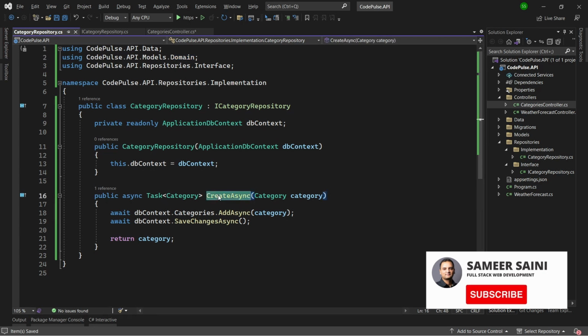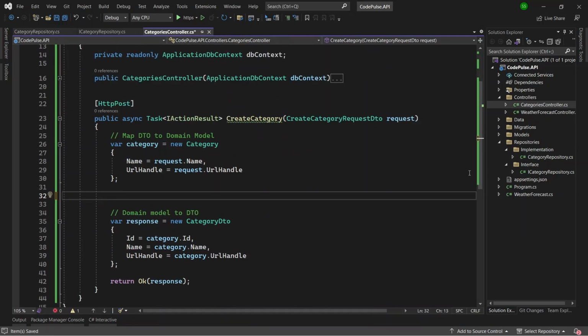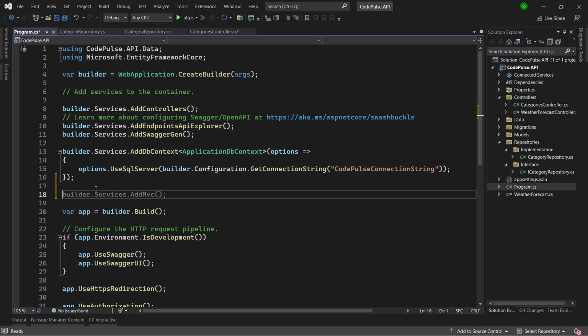So I have this method now. To be able to use this repository, I have to inject this again using dependency injection in the application so that I can then use it inside the controller. So I will first go to the Program.cs file, and before we build the application, I can come over here and say